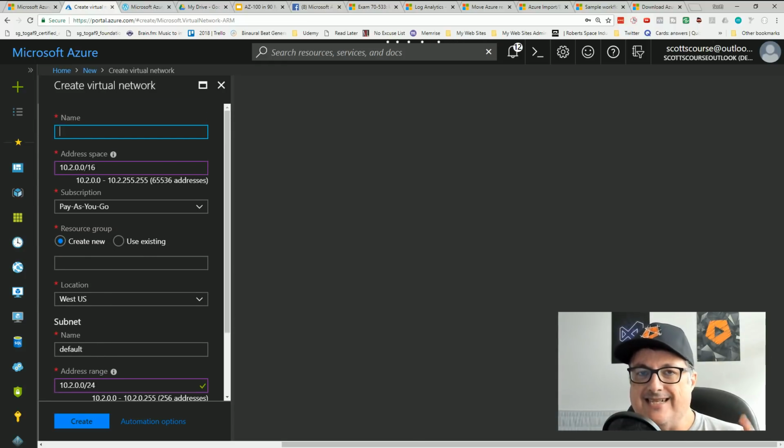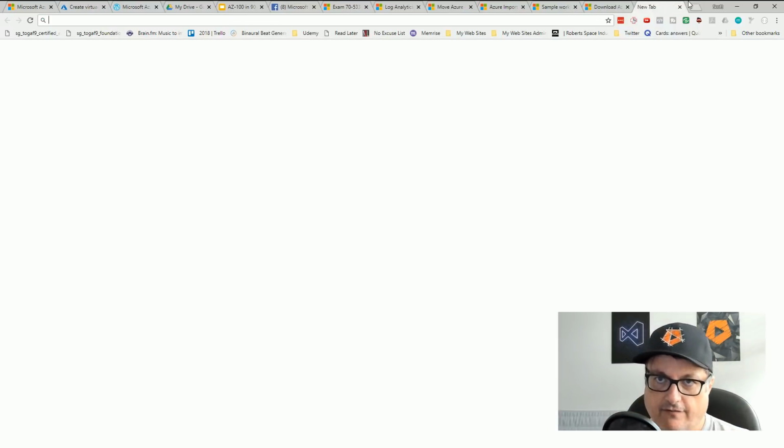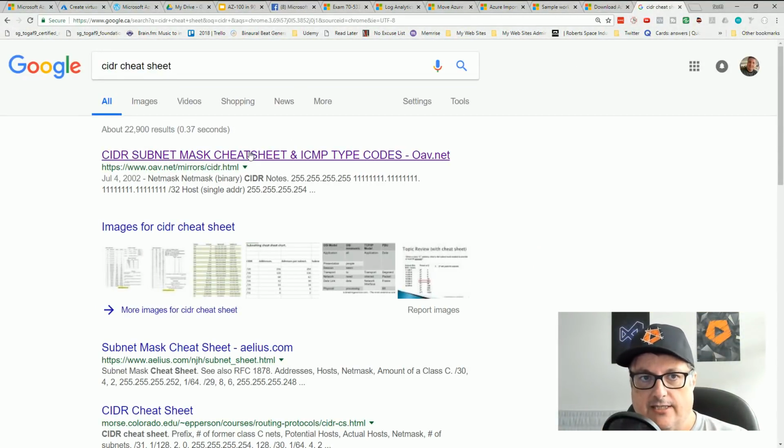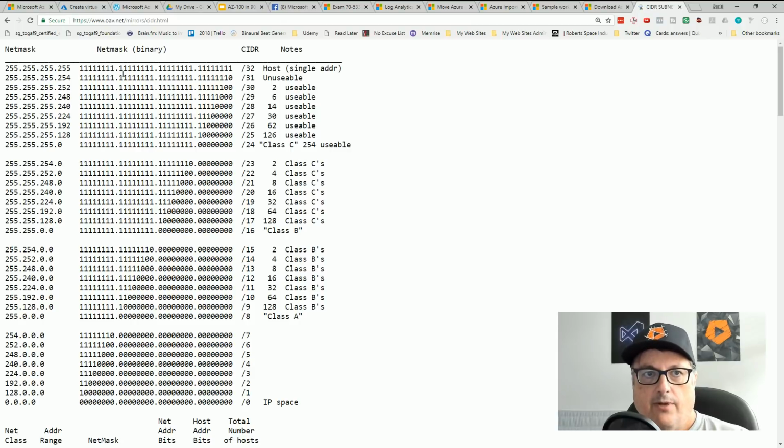Microsoft uses the CIDR notation. So there are CIDR calculators and CIDR cheat sheets on the web, but this notation, /32, /31, /30, is important for Azure. I believe the largest network you can create is a /8. So let's try that.